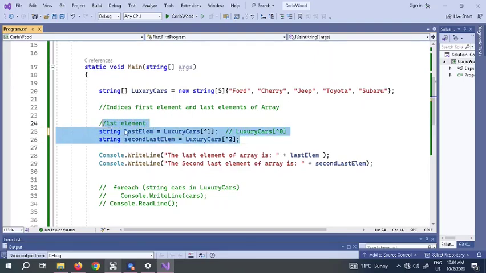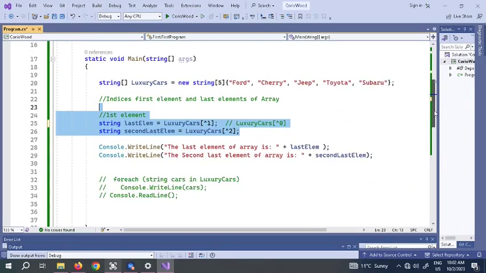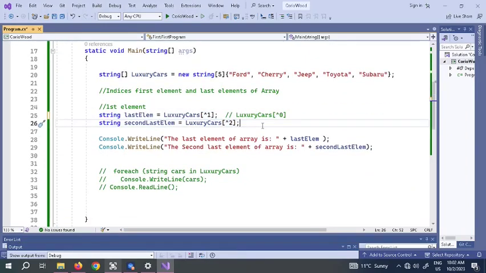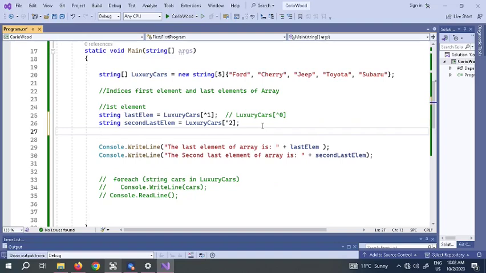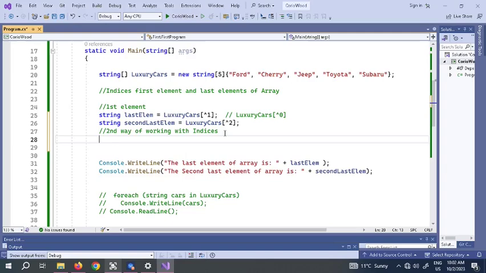As I said before, this is one way if you want to find out these indices. So this is very useful. And what is the second way? You can work with these indices by putting Index. So that's the second way of working with indices. As I said here, if you put a 0 with caret, you're not going to get your desired result. But if you do the second way, if you put an Index,